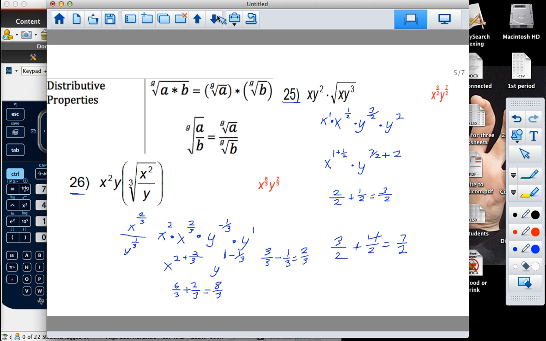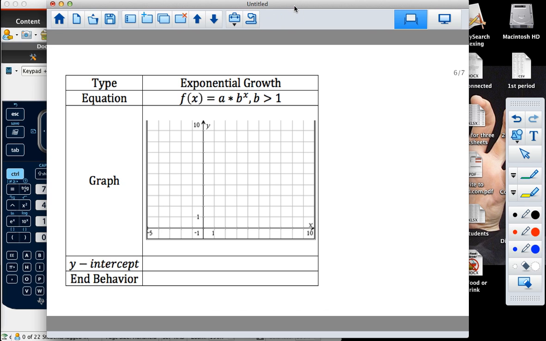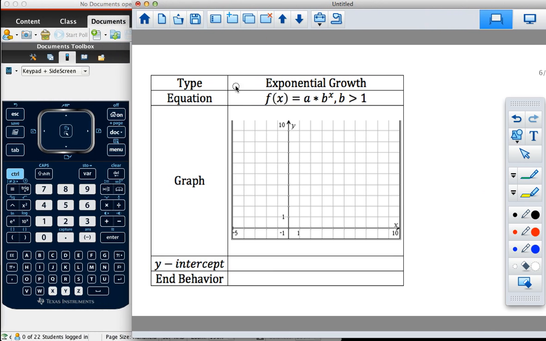Okay, and then I just wanted to go over some exponential growth and decay stuff. So this will be very familiar from our geometric sequences. Okay. And if we have an exponential function that's increasing or growing, then your b has to be greater than 1. Okay, and